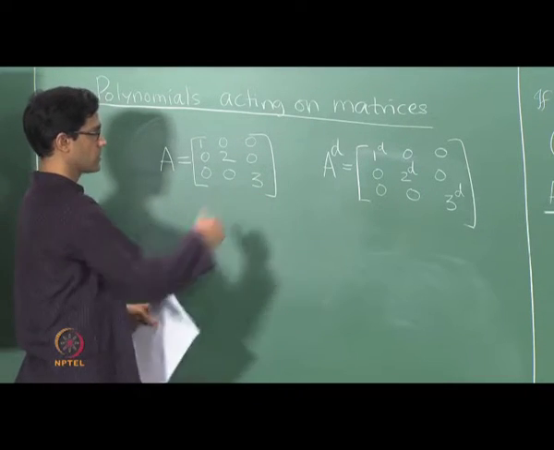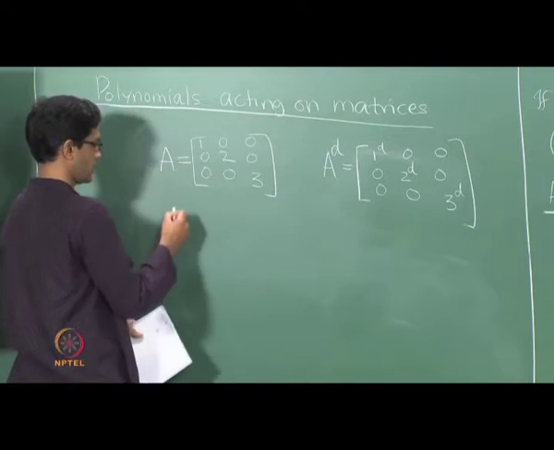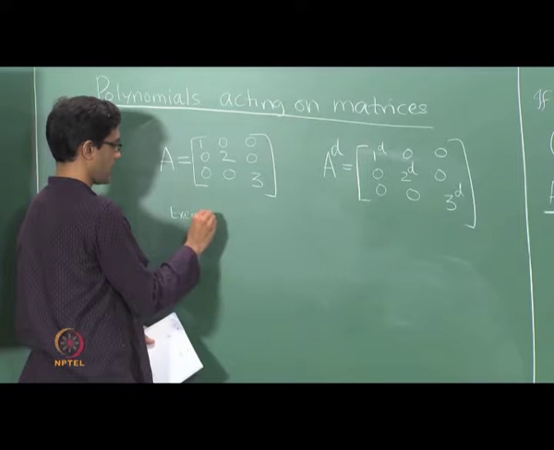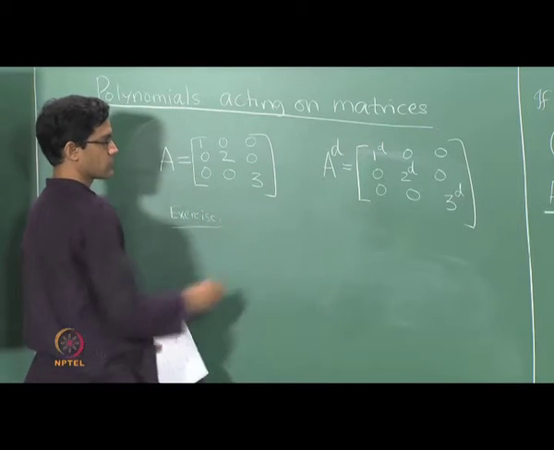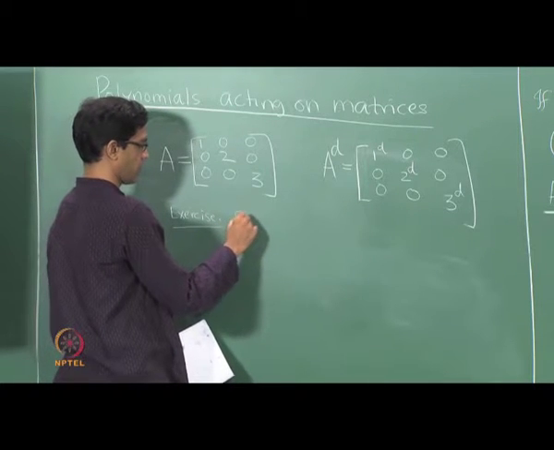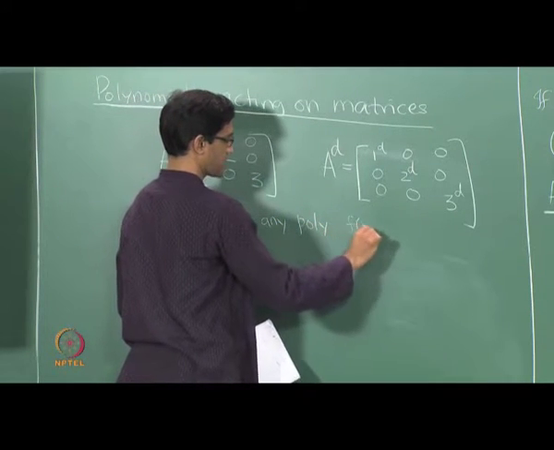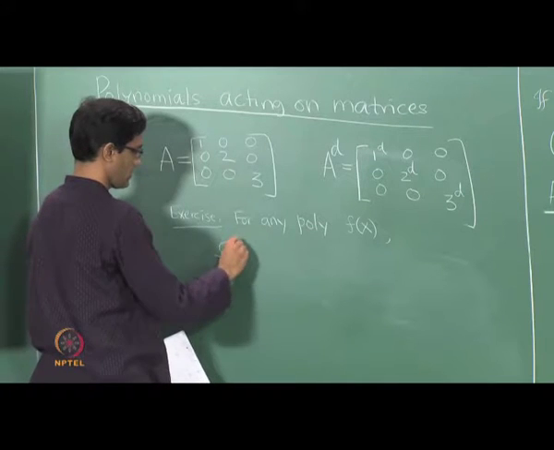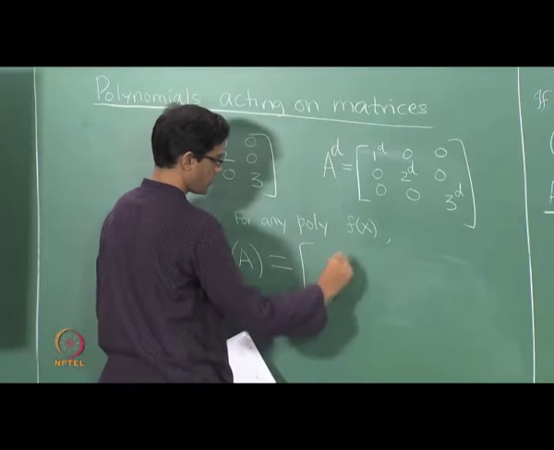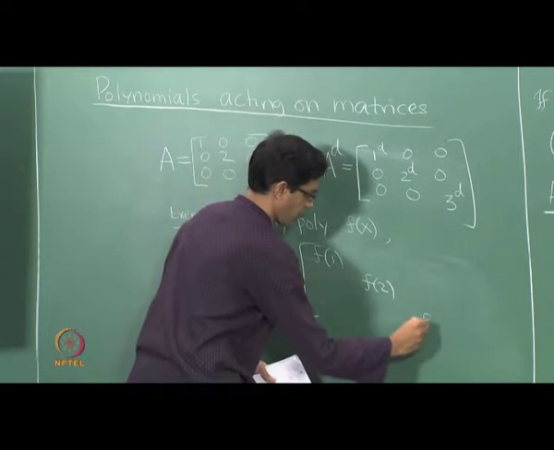And what does this in particular mean? It's very easy to apply polynomials to a diagonal matrix. So if f is a polynomial, here's a nice exercise. Check that more generally, this is something that I wrote out for the dth power of A, but for any polynomial f of x, check that if I apply f to this particular diagonal matrix, all it will do is produce another diagonal matrix with diagonal entries f of 1, f of 2 and f of 3.